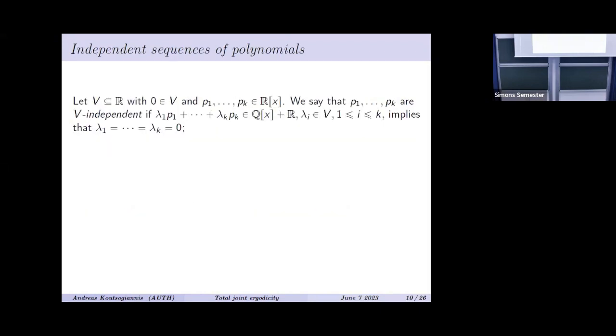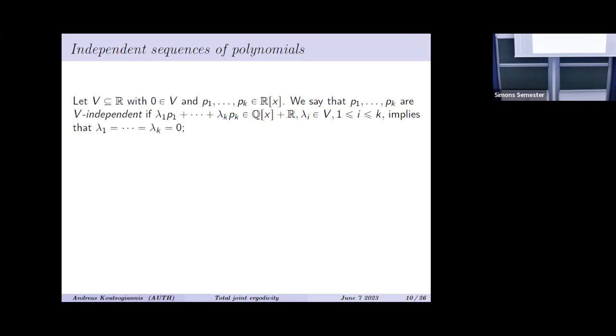In order for me to do that, I need this notion of independence. We already saw the essentially distinctness notion, which is a notion of independence, pairwise independence. Now pick a subset V of real numbers which contains 0, and k real polynomials. We say that these k polynomials are V-independent if, in case this linear combination of the p_i belongs to